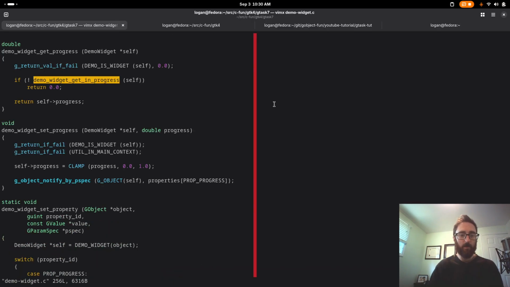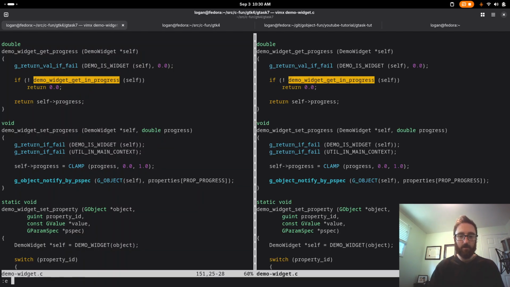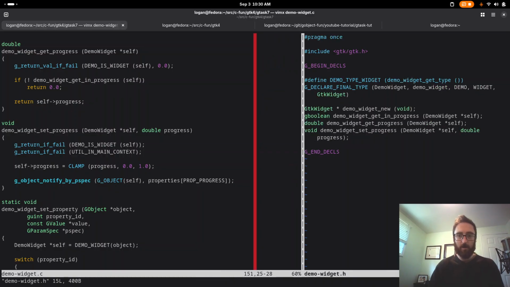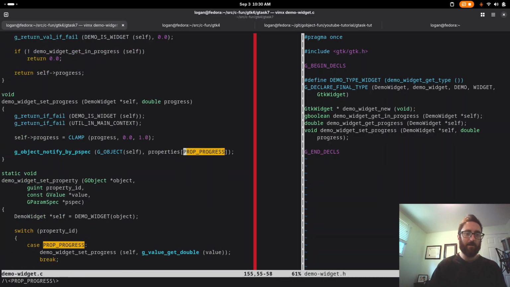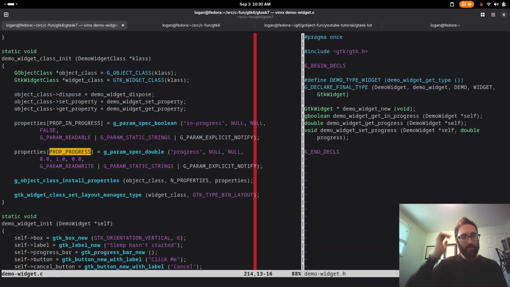So I'm going to open up the demo widget .c file here, the demo widget.h file here. So you'll notice now we've added a new property called the progress property, and I can agree that it's maybe not the best name because we have the in progress property and the progress property, but I'm not very creative, so we're just going to keep it the way it is. And this is going to be our own double property, a percentage from 0 to 1, the same way that the progress bar itself works with GTK, except this is going to be a read-write property,